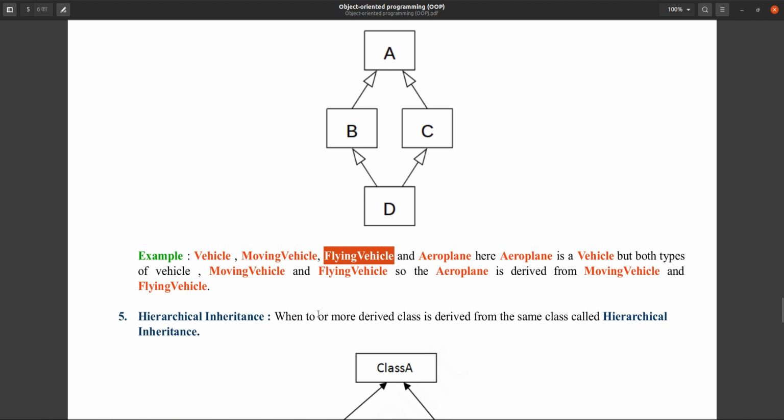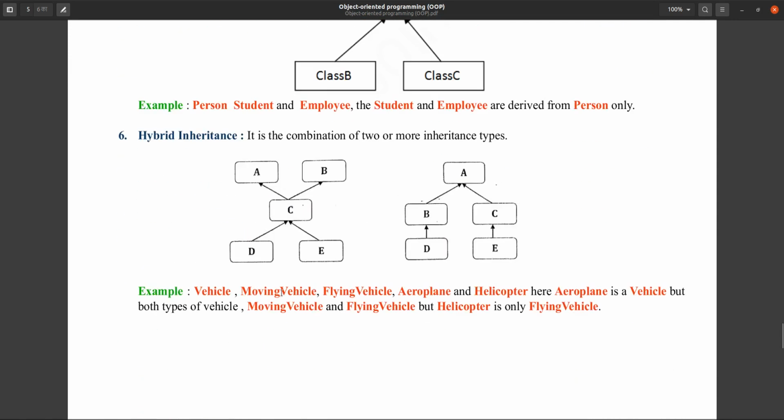Because helicopter is a vehicle, but helicopter is not a moving vehicle. Helicopter is only a flying vehicle. So in hybrid inheritance, we only added helicopter here, because helicopter is a vehicle, but it's not a moving vehicle, it's a flying vehicle, because helicopter cannot move, it can only fly.